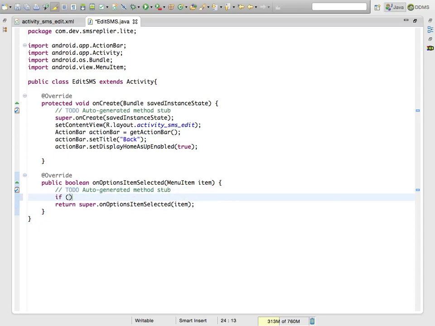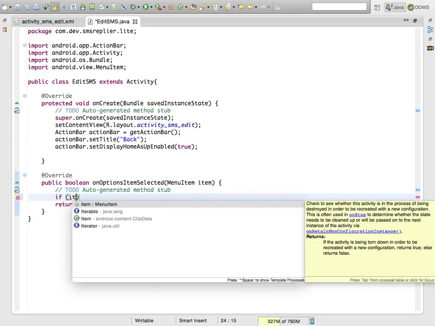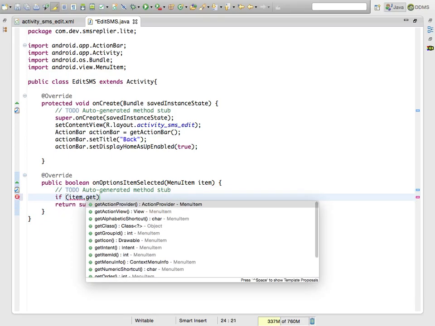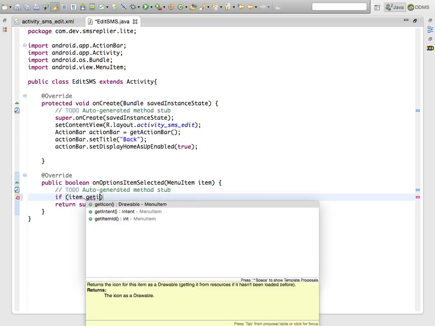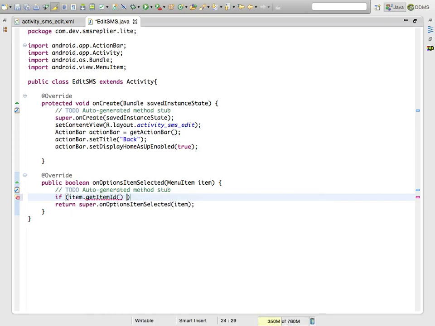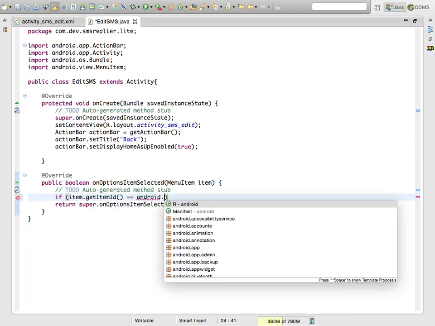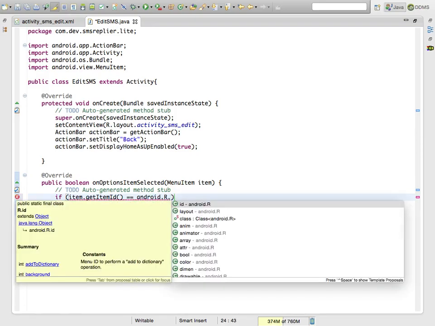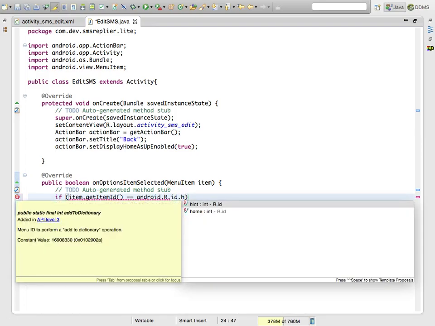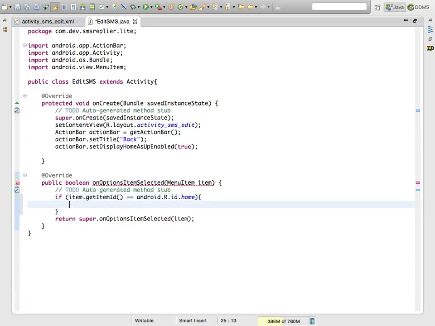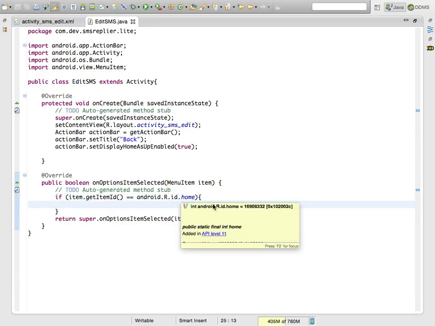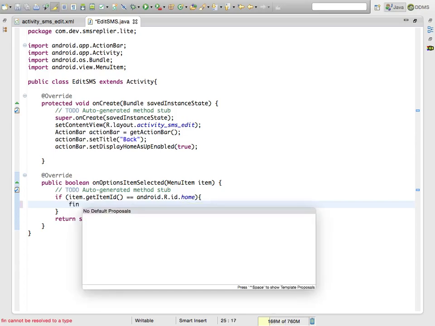I put an item, get item ID equal to the home button. The default ID can be found in such a way: android.R.id.home. It is a default ID. The value, if you notice, is a slightly bigger value, and when the home button is pressed,